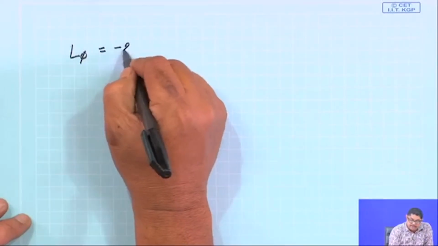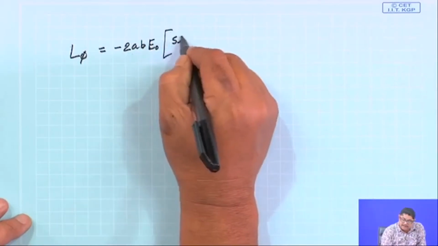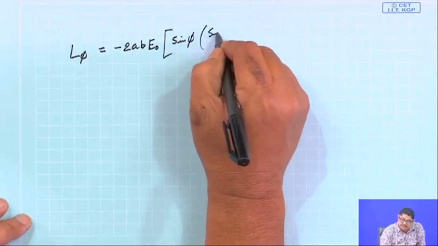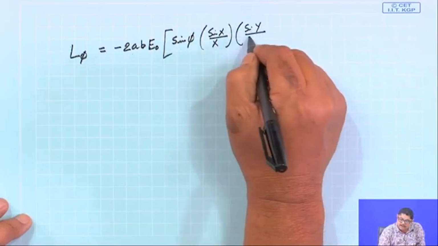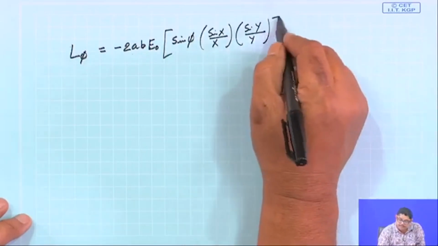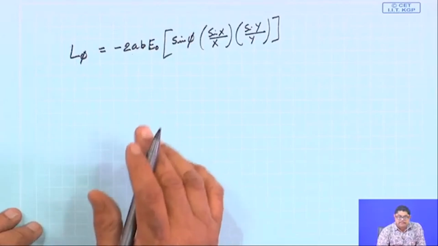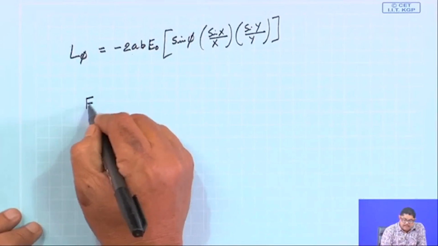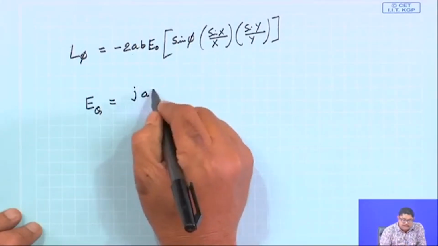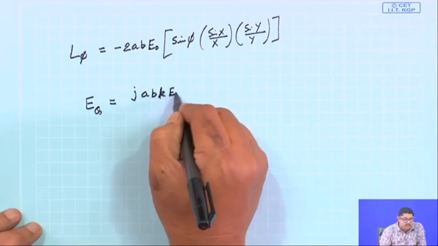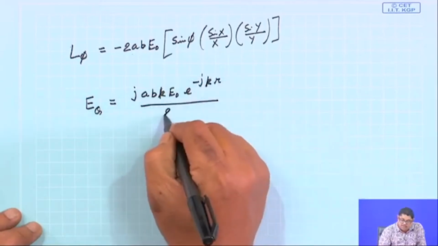L phi will be minus 2 a b E naught sin phi sin X by X sin Y by Y. So once you know N theta, N phi, L theta, L phi, you can find out the E theta. We have already done that before. So now it will be j a b k E naught e to the power minus j k r by 2 pi r